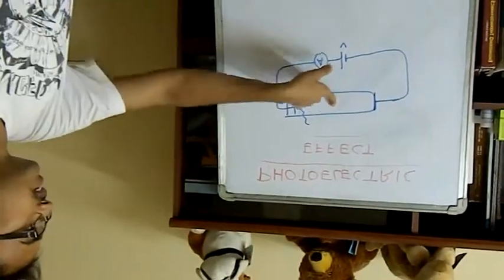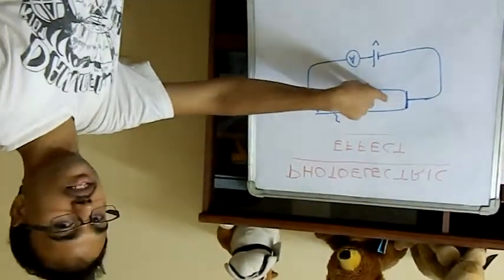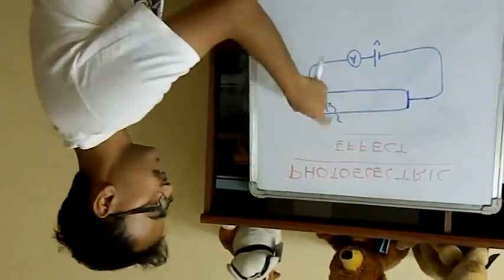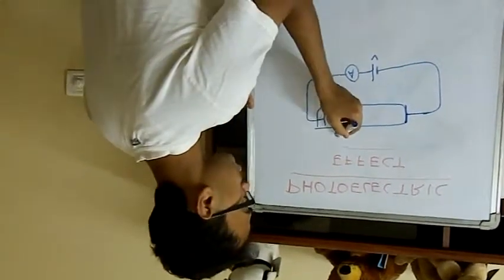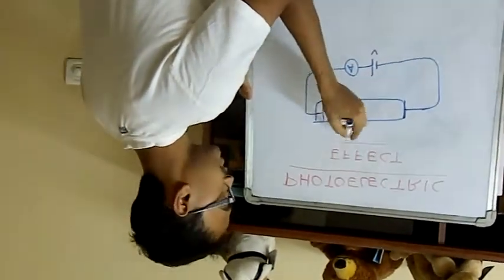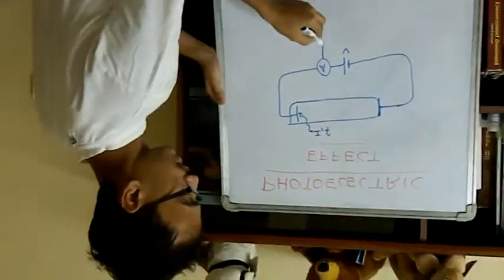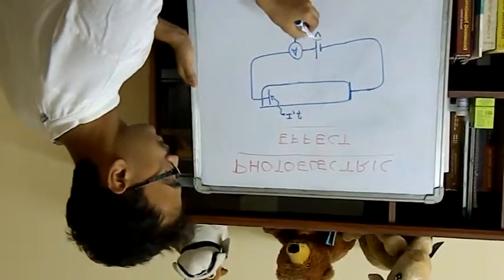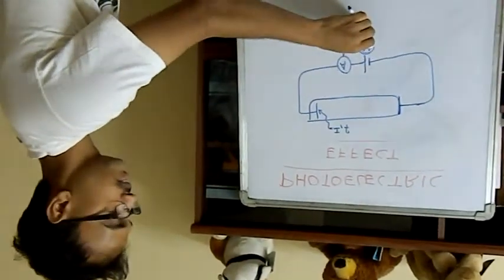Note that this tube is evacuated, so there is no conductor to conduct electricity when any EMF is applied. But only when light is incident on the metal plate, current is observed. You can parameterize the light by two quantities: the intensity, say I, and the frequency f. Let the ammeter reading be A, and V is the EMF that is applied. So we have three parameters that we can change: the intensity, frequency, and the voltage.